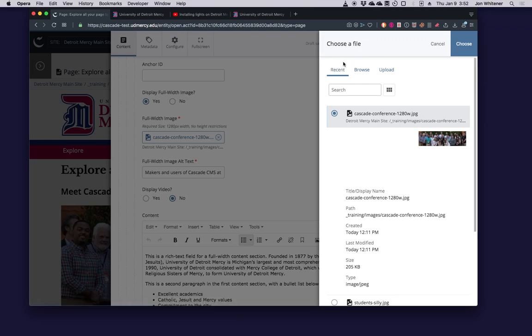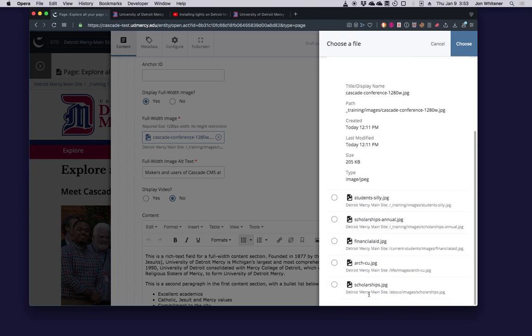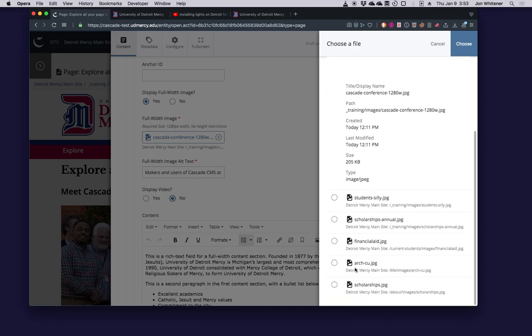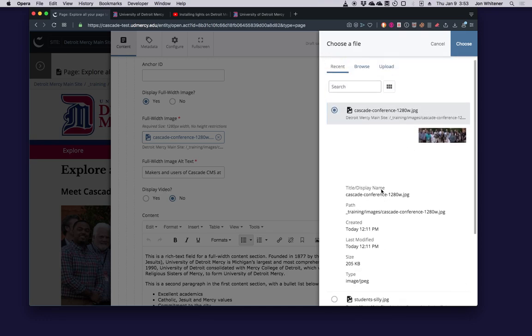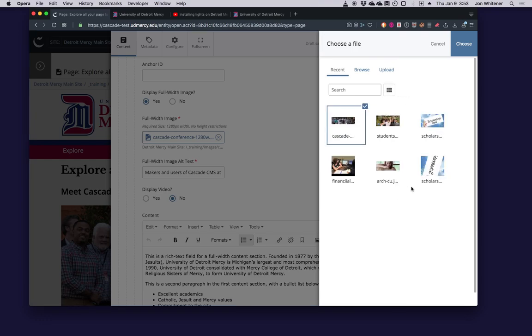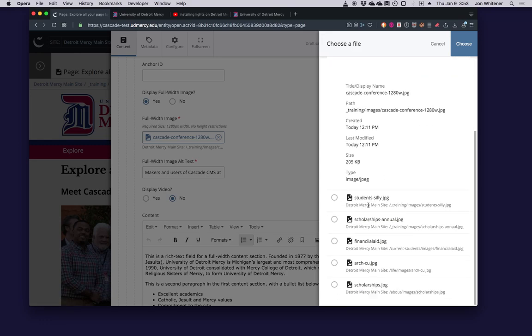Again, like in other places, it will default to recent. If you've been looking at a bunch of different images, it will show you the recent images you've looked at. You'll see several listed here. Here's the current one with the radio button selected, which you recognize, and then there's some other ones that I've looked at recently on this account. Note this little icon here. If I click that, you can see a nice little preview of each image available. If I click it again, then I'll get a little more information, at least the path of the images I'm looking at.